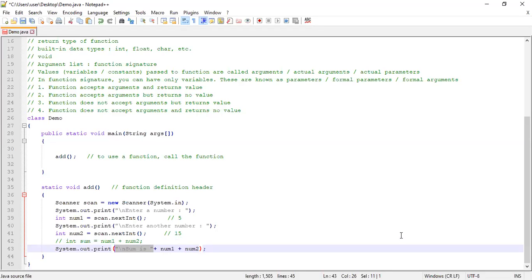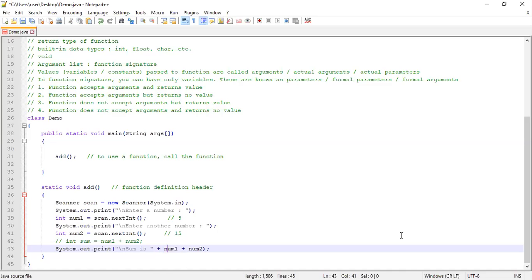So here, this statement that you see here, which I'm highlighting, is a string because it's enclosed within double quotes. Whenever you write the plus symbol with a string, even if one of them is a string constant and the other is an integer variable, the value of num1 will be treated as a string.